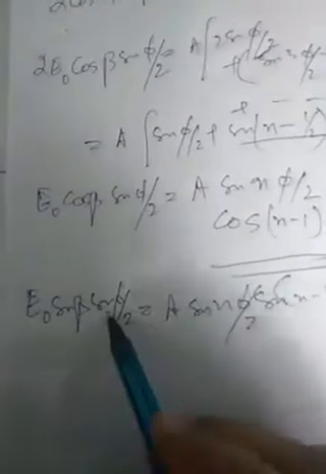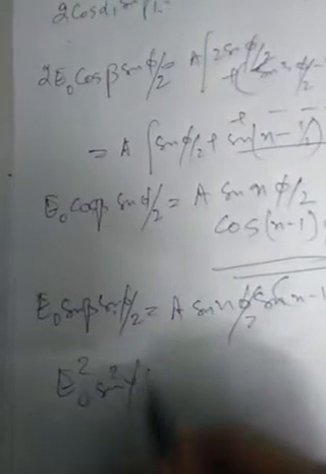Call this as 4. So we have got the third and fourth equation after resolving this one. Now squaring and adding, we will get all these factors. So it will be sine square phi by 2 common, so E naught square sine square phi by 2 will be equal to